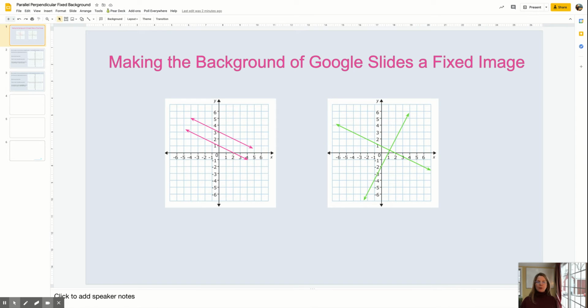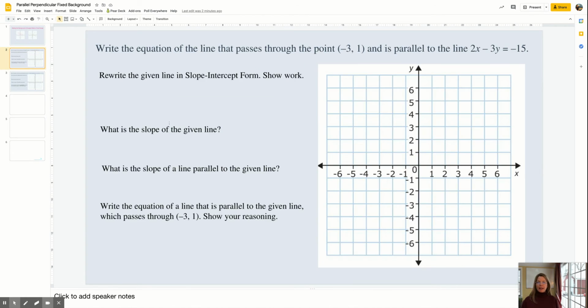Hello, in this video I want to show you how to make the background of your Google Slide a fixed image. The reason that's important for me is that I'm working with students remotely, and I'm finding that when I give them an assignment such as this, where I want them interacting with a graph,